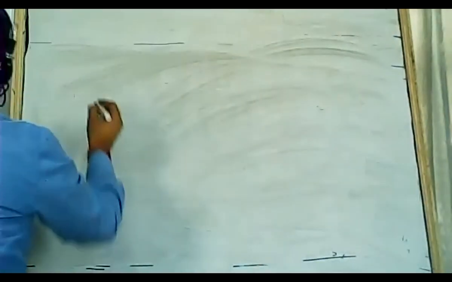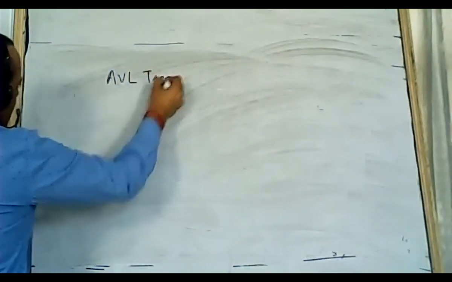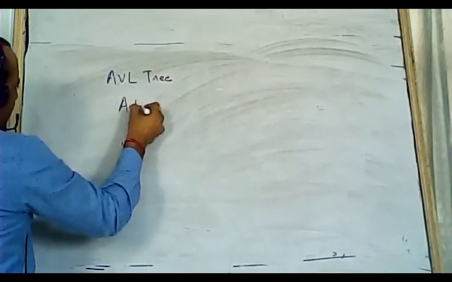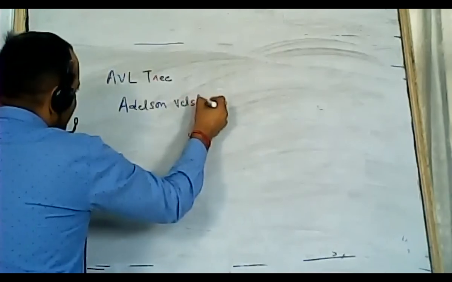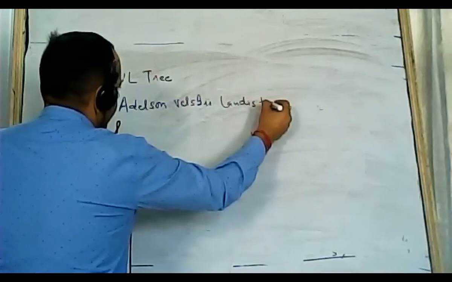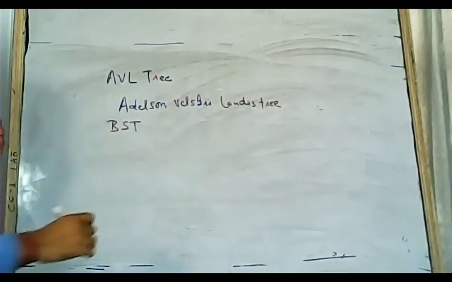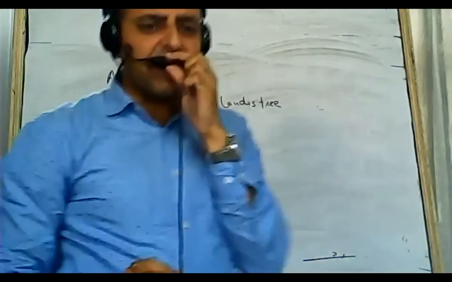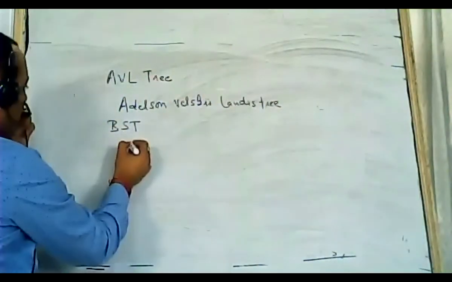The next category of tree is the AVL tree. Its full name is Adelson-Velsky and Landis tree. It is again a binary search tree. That means the left element will be smaller than the root and the right element will be larger than the root, but with a condition called